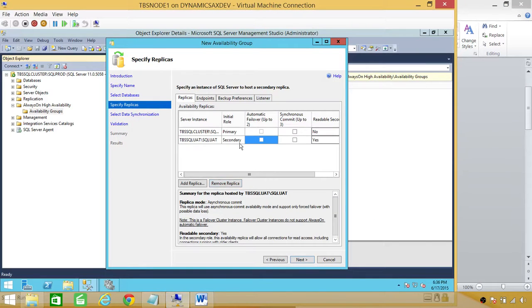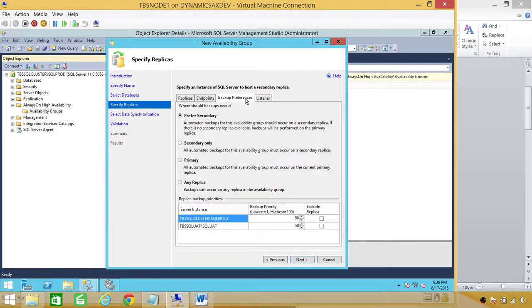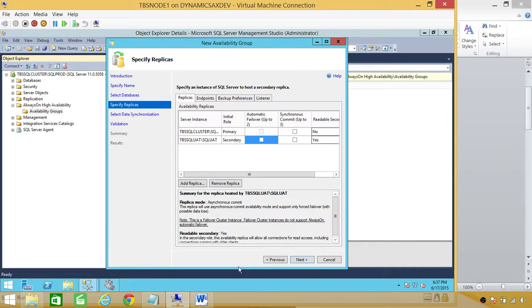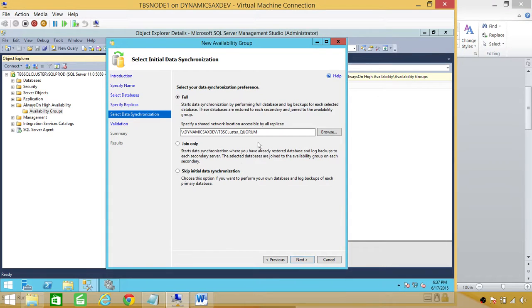So let's go ahead and I'm going to keep the endpoint backup references the same as default, and I'm not going to create a listener because there are other things we need to take care of that are more important. Once the availability group is set up, it's not difficult to create a listener. So I'm going to click next, and this is the default. What full means is that it's going to take the backup of this database and